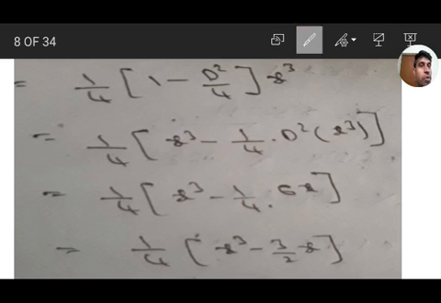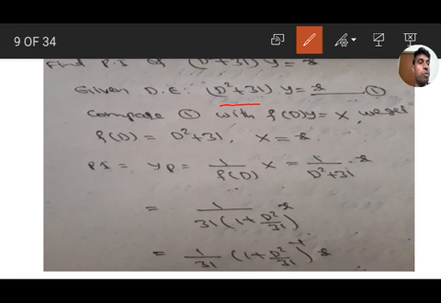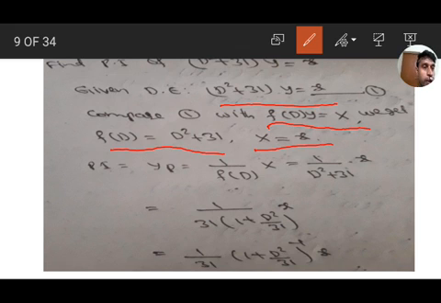Next we will move on to the next problem. Find the particular integral of (d square plus 31) y equal to capital X. Given differential equation (d square plus 31) y equal to x, equation 1. So compare equation 1 with the standard form f of d of y equal to capital X. We get f of d equal to d square plus 31, capital X equal to small x. So the particular integral yp equal to 1 by f of d of capital X, that is 1 by d square plus 31 of x.